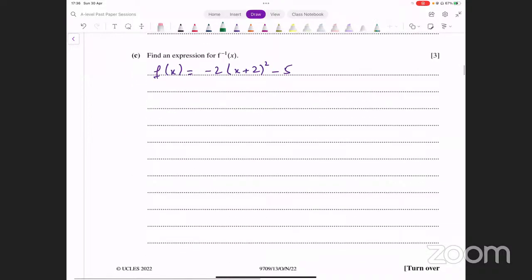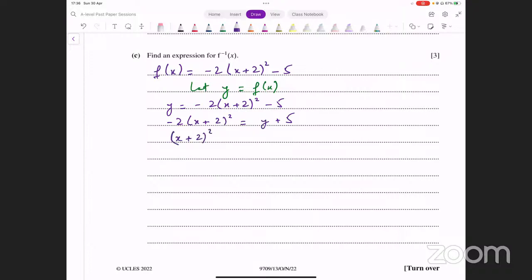And now, how do you start? You say let y equals f of x, and that gives you y equals -2 into x plus 2 whole squared -5, and you need to make x the subject now। Take 5 to the other side। इसको इस तरह से लिख लेते हैं, -2 into x plus 2 whole squared। दूसरी साइड पर अगर हम 5 लेकर जाते हैं, we get y plus 5।